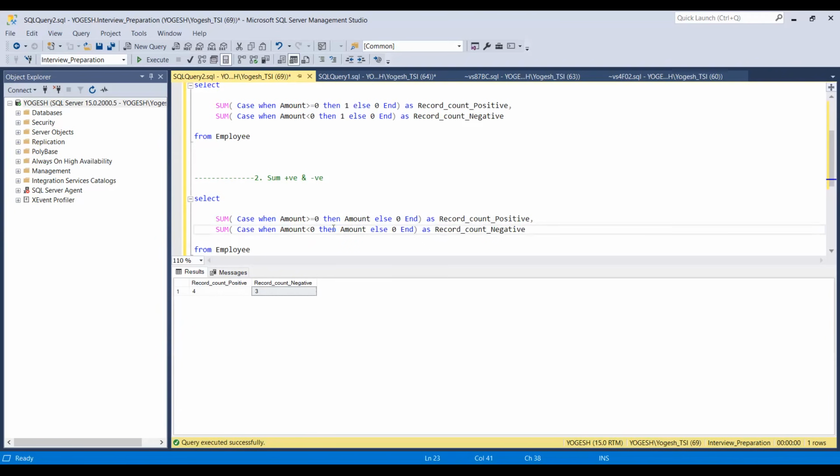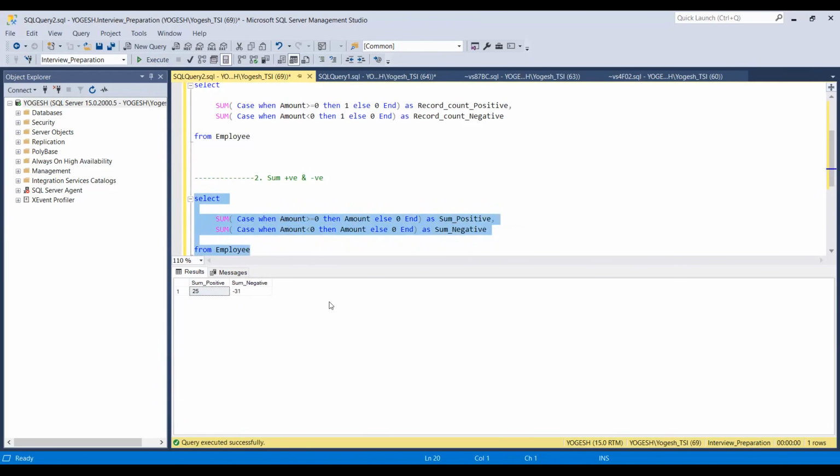So whatever would be the value, we will have the positive value sum in the first grid, and in the next option we will have the negative value sum. So here let's change the name, sum positive and sum negative, right? Let's execute this SQL query.